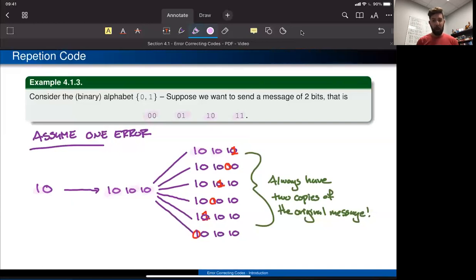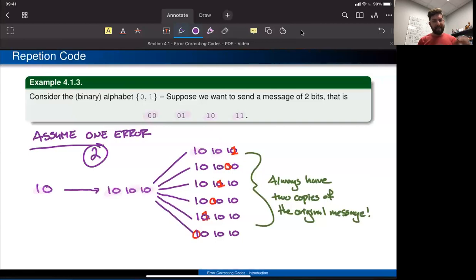However, it's super wasteful because I'm taking this little 2-bit message and turning it into 6 bits. And that's only allowing me to correct 1 single error. If I went up to, let's say, 2 errors, you're going to see that I'm going to need more padding. Simply padding it with itself 2 more times, so increasing this to 3 copies, isn't going to be strong enough